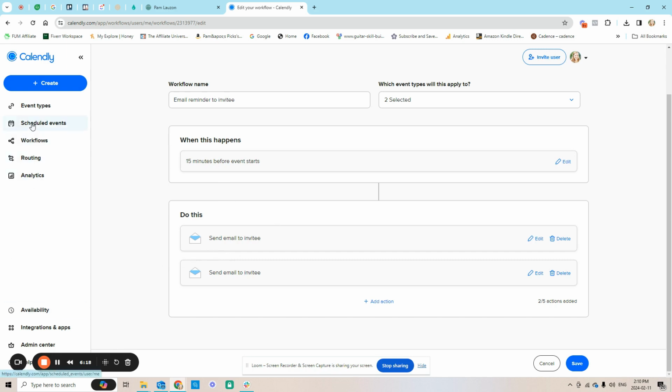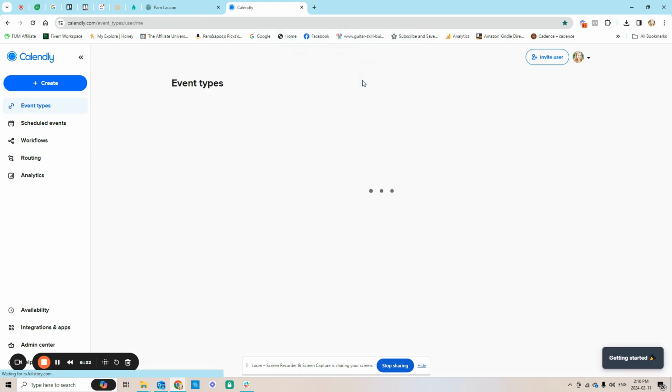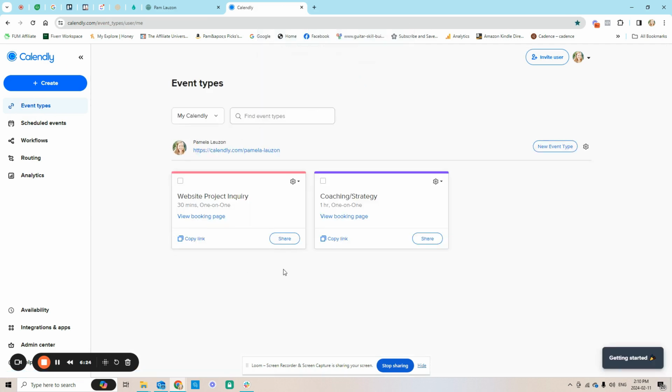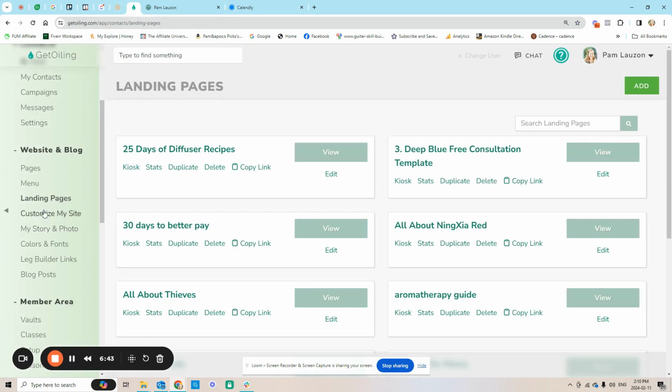And then once that's done, go up to my event types. So yes, go to there. So now I can get this link up here, or I can embed this on my website. So I'll show you how to do a few different things. First, we're going to take this link here, and you can actually have it so that AttractWell sends somebody over here. So if I go into a landing page,